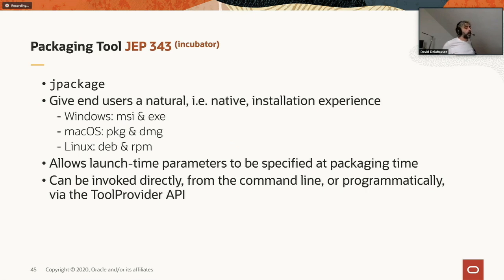And it has a lot of additional native features, such as the ability to pass parameters to the native executable that will do the installation of your Java application. It obviously works with jlink, and so on. So that's something that you can use today to create native installers for your Java code.